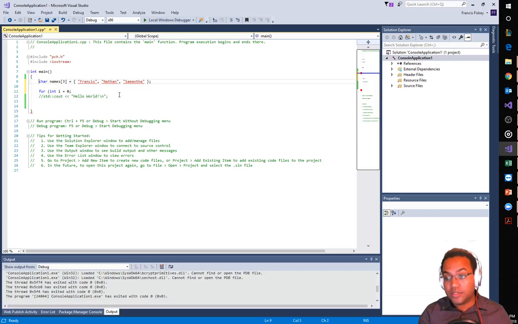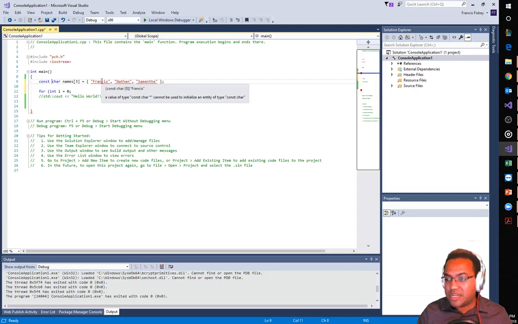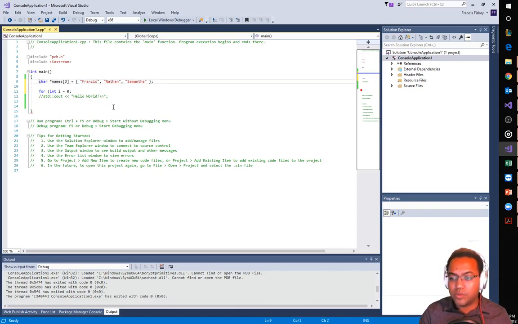Alright, so let's do const. So what now? The type of const char cannot be used to initialize the type of const char. Okay, how about that? Oh, it liked that. Okay, so what if I do that? Okay, no. Fine. We have our array with strings. Done. That was painful. Okay, so now what I want to do is create my for loop